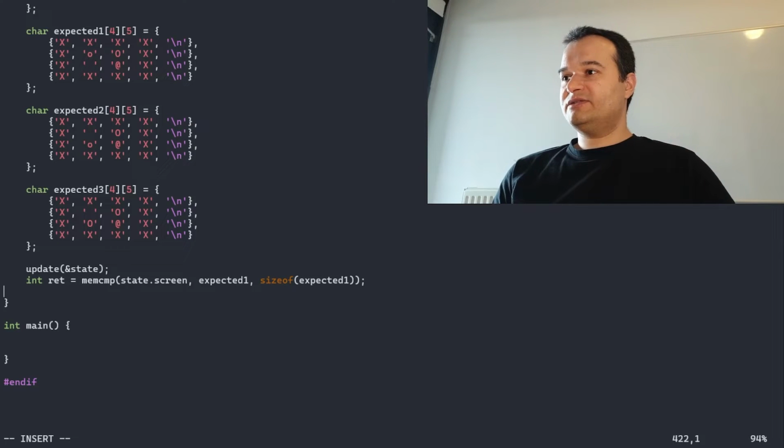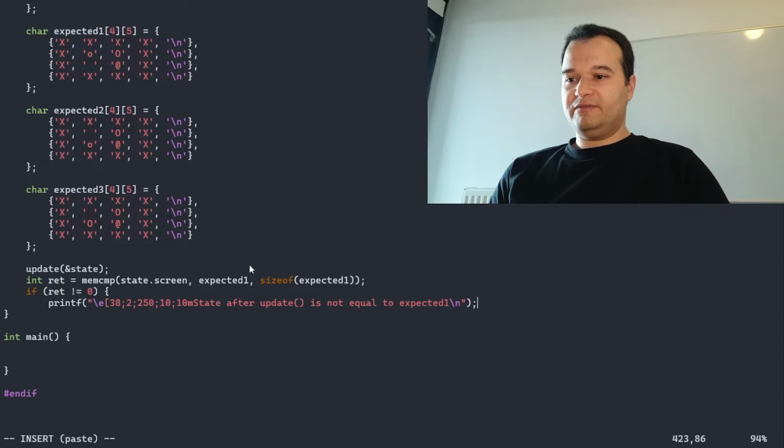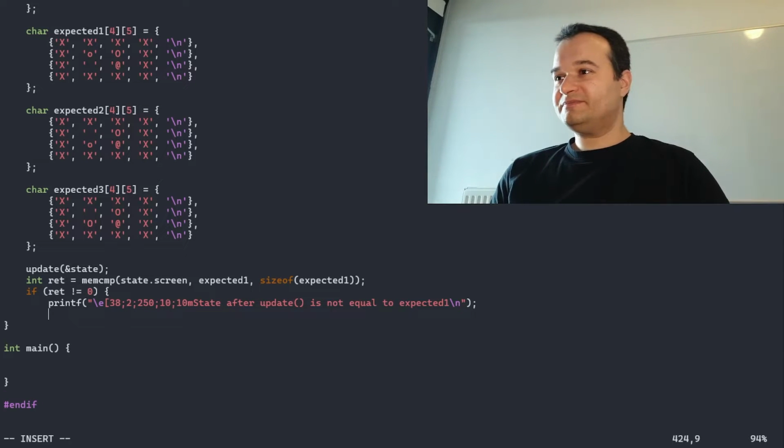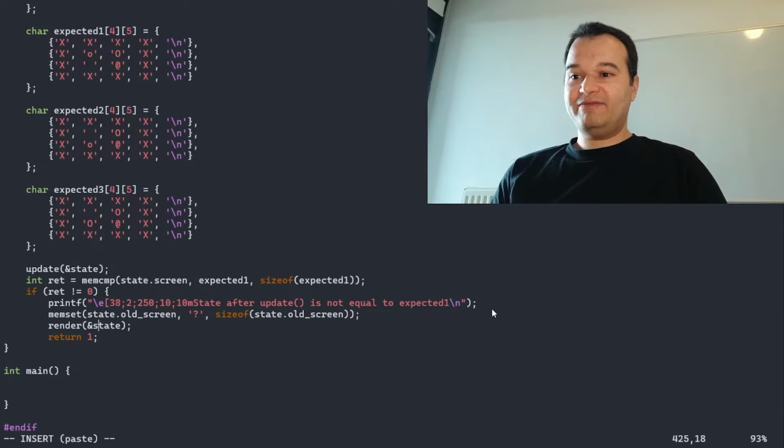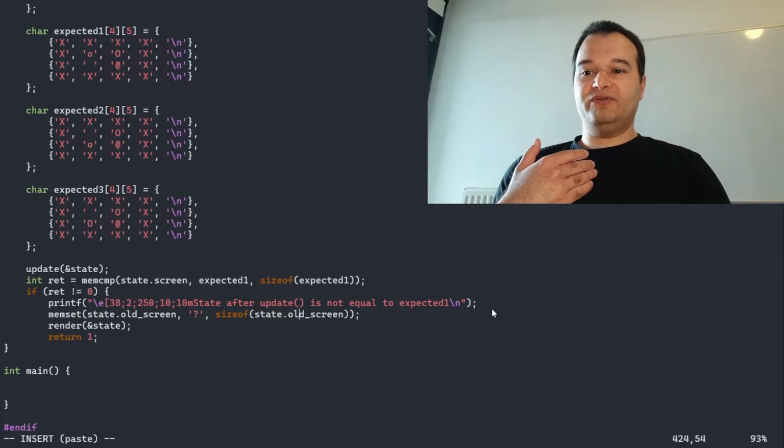And then we can do a bunch of stuff, checking whether it was successful. If it's not successful, so the mem compare's return is not 0, then we write out in red color, state after update is not equal to expected one. And if this happens, we obviously want to see what's the difference. So one way to do this is that we will call the render function on this screen. So we set up the old screen to a value that is clearly not equal to any value on the